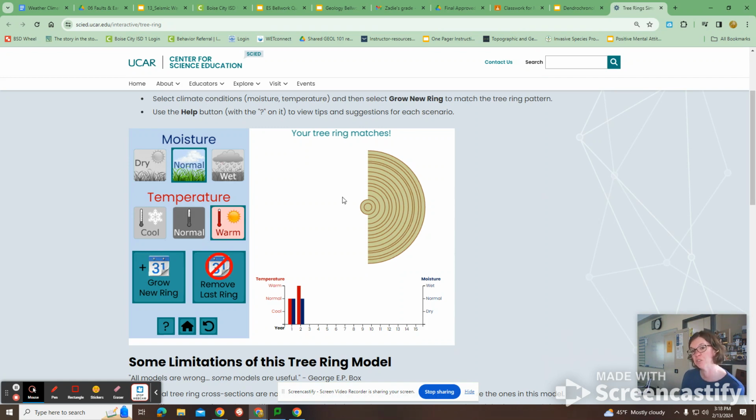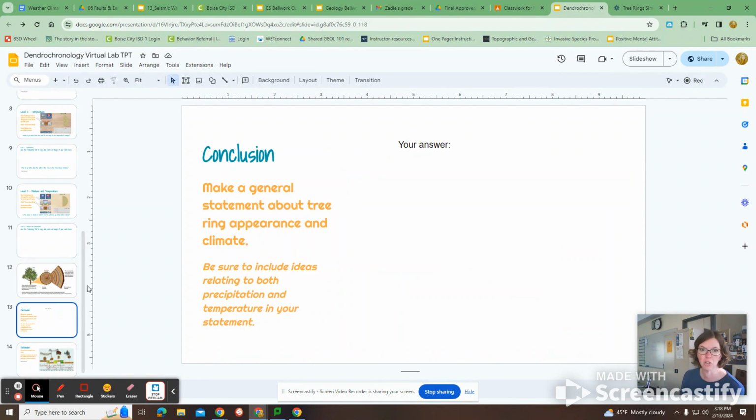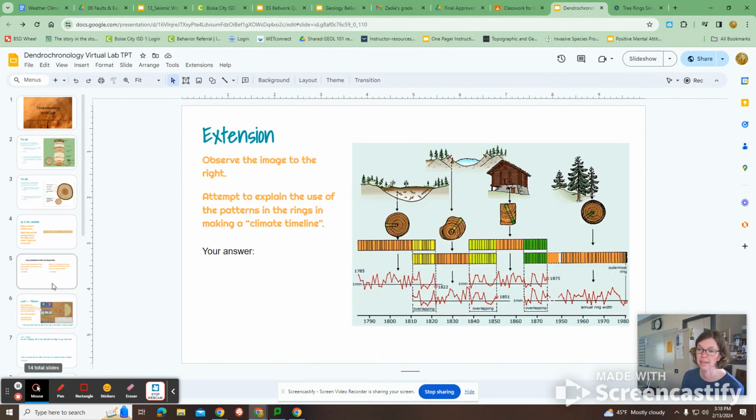And then you're going to match one side up with the other side all the way over. And then you'll copy and paste that. And then answer these follow-up questions. And that is the tree